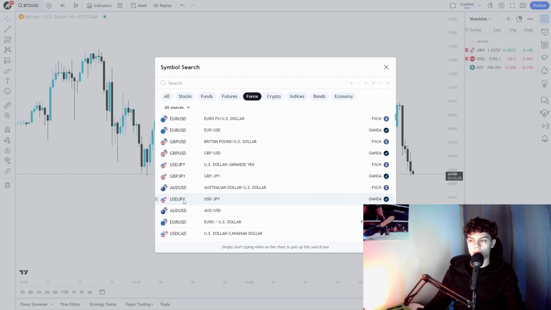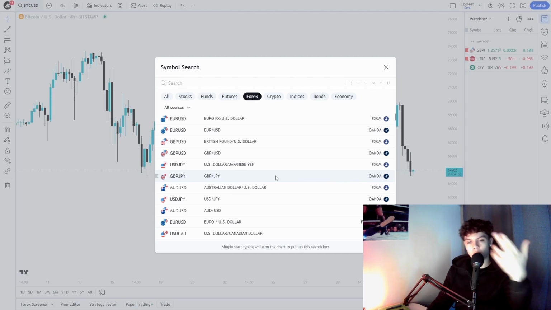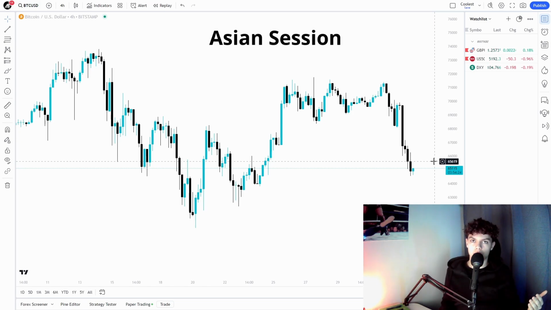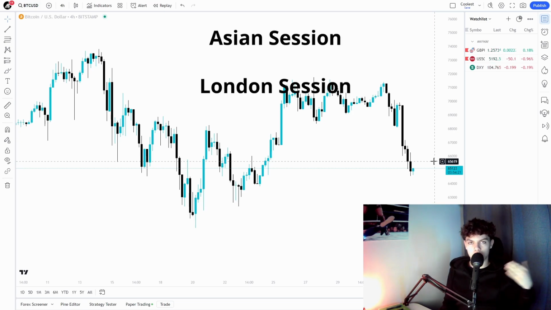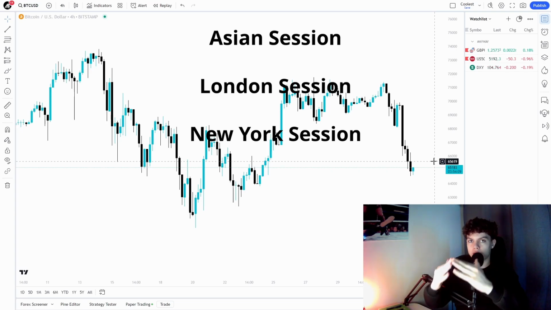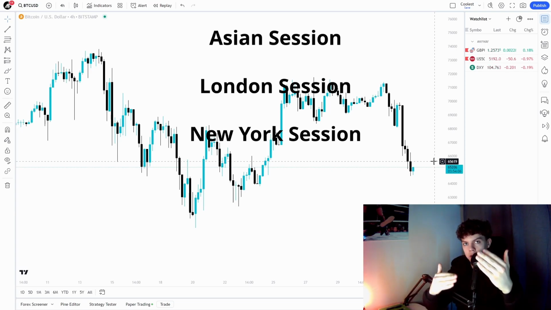Now you may wonder, how am I gonna choose a pair? Which pair am I gonna trade? Now, we all have schedules in life. You're gonna choose a pair that fits your schedule. But you may wonder, what am I saying? Well, since this is Forex, there are going to be market sessions to trade on. The first one will be Asian session. Second one is going to be the London session. And the last one is going to be New York session. Okay? 3 sessions to trade on. Obviously there are Sydney sessions, etc., but we're gonna skip those. We're gonna focus on these 3: Asian, London, and New York.